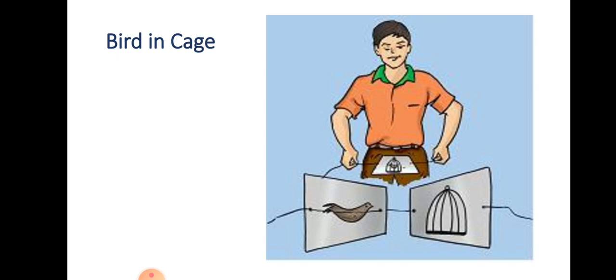As it is in the picture, you have to twist the string rapidly, so the cord will start to rotate rapidly. When someone sees this, the image will look like the bird is in the cage, but not really. The bird is not in the cage, because these are two different pictures. But since we are rotating this cord rapidly using the strings, it will be seen as if the bird is inside the cage.